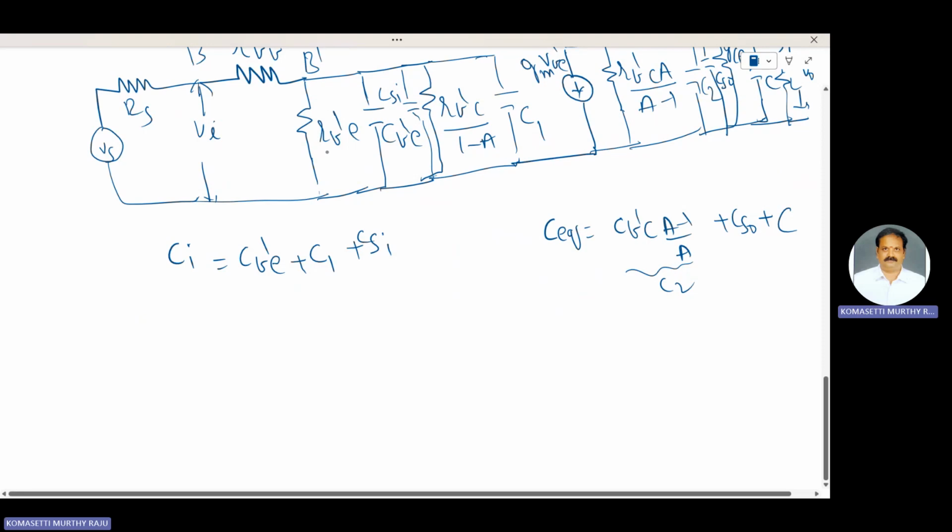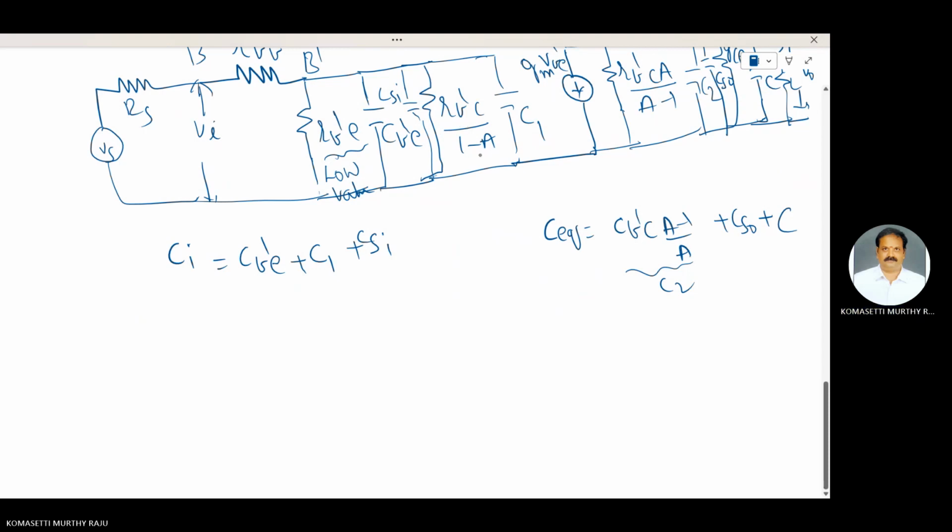This one is RB'C, high value. This resistance is due to forward bias of the junction at the input side, low value. RB'C is the reverse resistance due to reverse bias at the output side. 1 minus A, where A is GM into RL, minus GM into RL. RB'C by 1 minus of minus